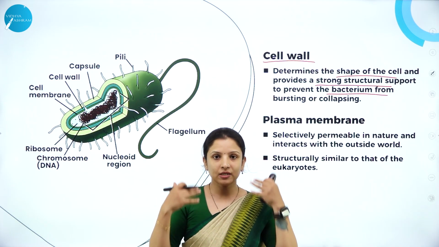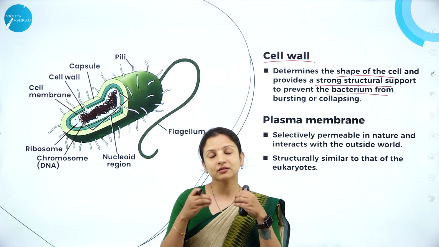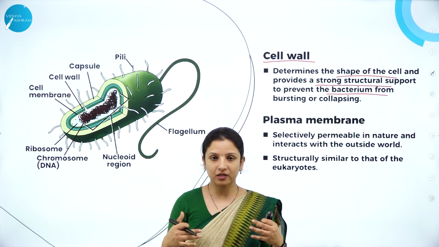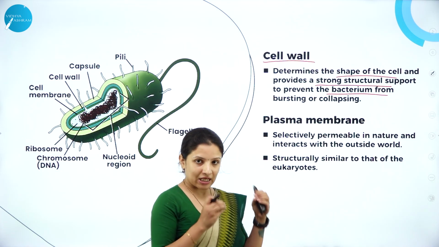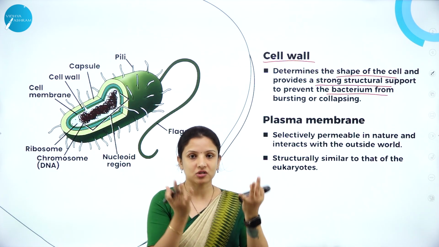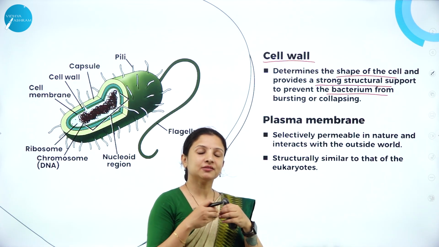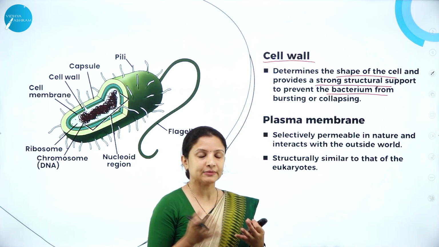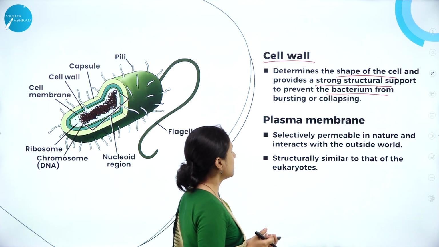So we wouldn't have a proper shape or structure as we are having now. All the credit goes to the skeleton arrangement or the bone arrangement in a body, right? So therefore, in the same way, it is the cell wall that actually gives a proper structure to that particular bacteria. Otherwise, it would just collapse. The bacteria would just collapse and it would not have all these different structures or shapes it would have had.